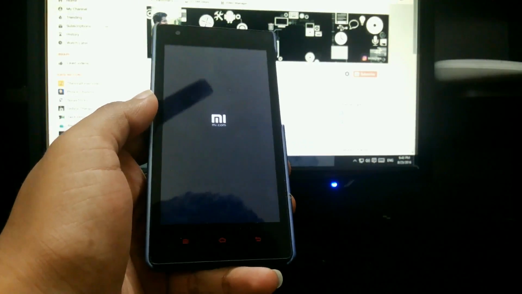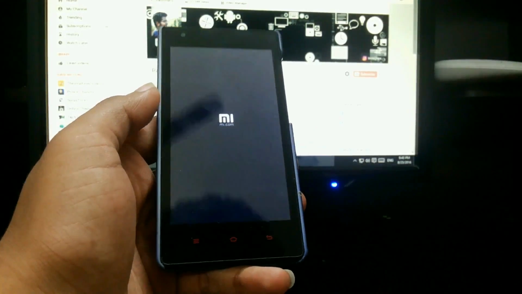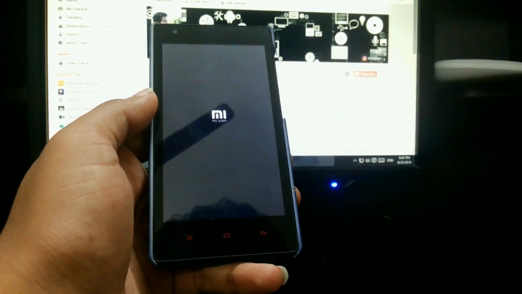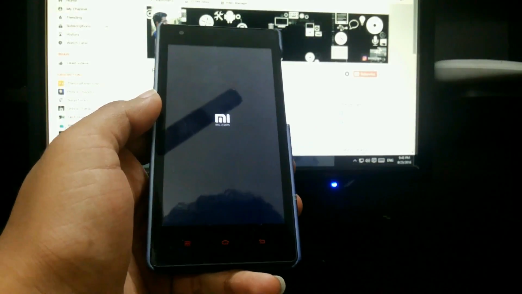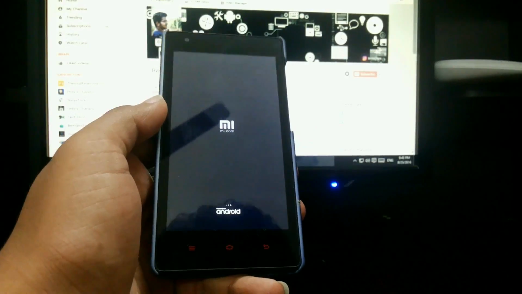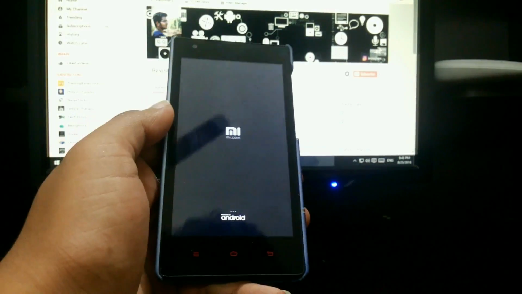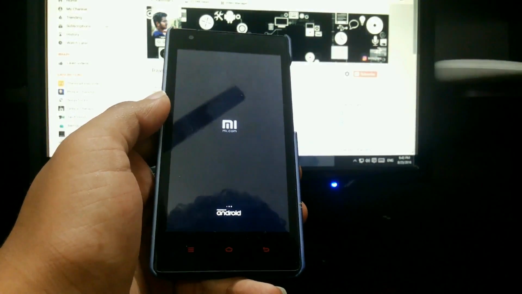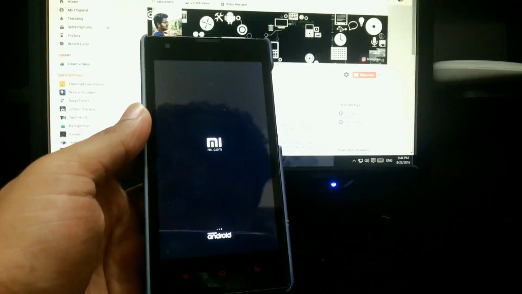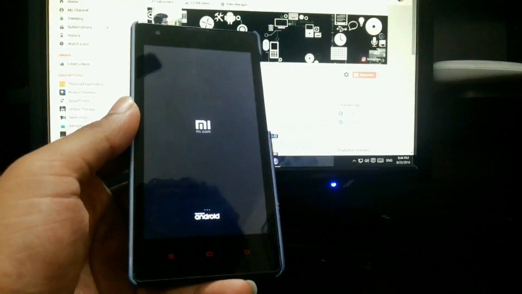And I have made a previous video about installation of MIUI 8 ROM on my channel. So it was just a developer based ROM, and it is a stable ROM which is created by MIUI. Actually it's a global version. Here you can see Android is booting up, so it will take quite minutes, so I am skipping this part.